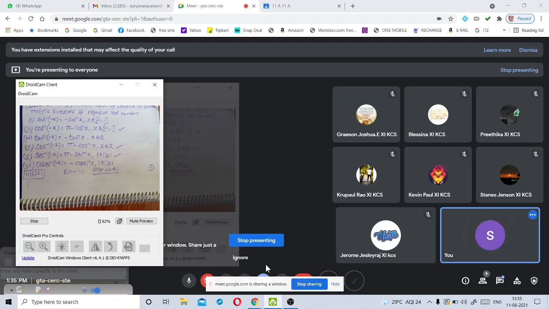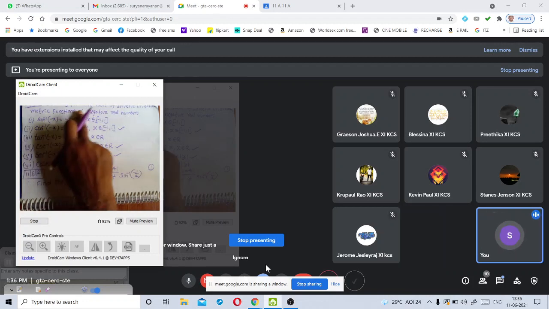First question: find the principal values of the following. Here, the principal value of sine inverse of minus 1 by 2. Okay, my dear children, if you observe this question, this question relates to finding the principal value of